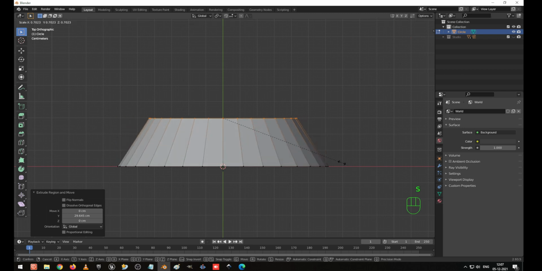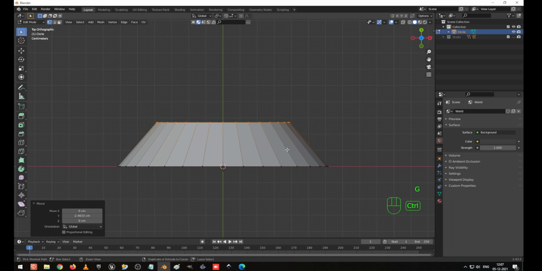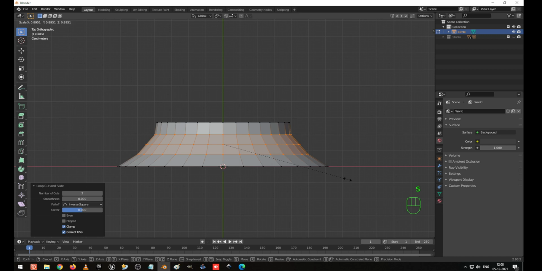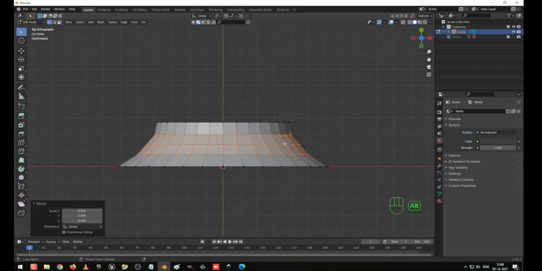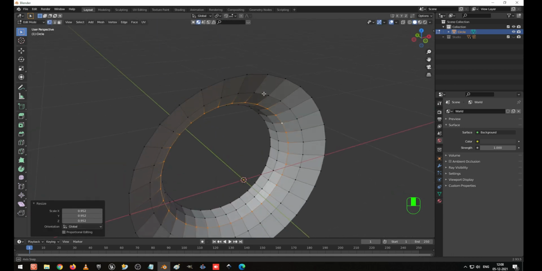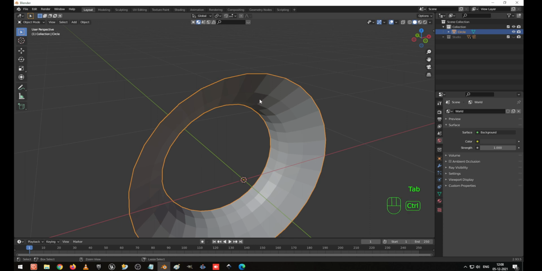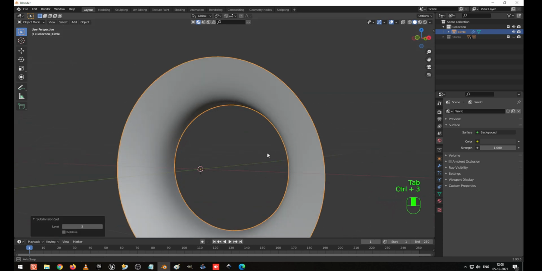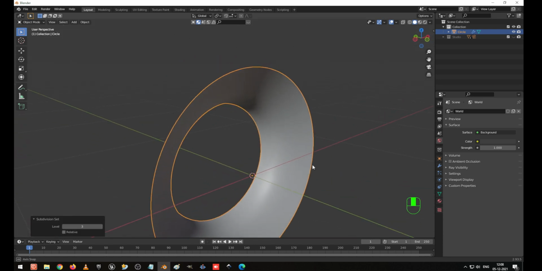and scale it down, and G Y to move slightly up, and create two edge loops by pressing Ctrl R and using the scroll wheel to increase the edge loops. I created the 3 edge loops and pressed S to scale, and I select the middle one using the Alt key, S to scale. Let me go to the normal view, press Ctrl 3. Okay, fine, this shape is okay for us.